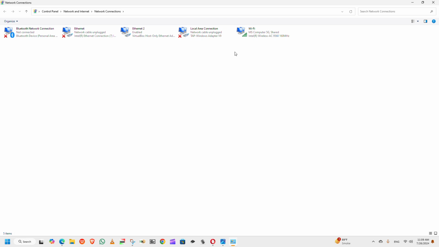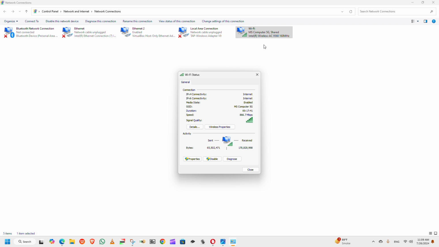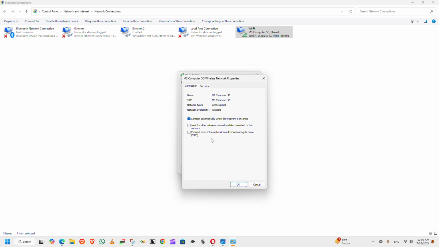So you need to find your Wi-Fi here. This is my Wi-Fi that I'm using. Wi-Fi MS Computer 5G. तो यहाँ पर क्या करना पड़ेगा, इसके ऊपर जब आप आओगे इसके ऊपर राइट क्लिक करो एंड देन गो टू स्टेटस। स्टेटस में जाने के बाद ये कुछ ऑप्शंस आपको नज़र आएंगी। ये देखें, डिटेल है, वायरलेस प्रॉपर्टीज़ है। अभी हमें क्या करना है, वायरलेस प्रॉपर्टीज़ में जाना है। यहाँ पे जाएँ आप। वायरलेस प्रॉपर्टीज़ में जाने के बाद आप यहाँ पर सिक्योरिटी में जाएँ। ओके, एंड देन जस्ट दिस इज़ योर पासवर्ड, नेटवर्क सिक्योरिटी की।